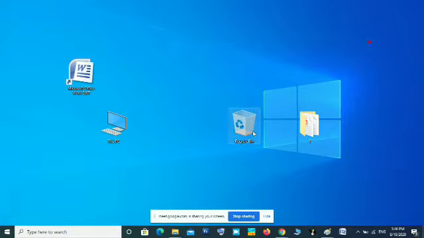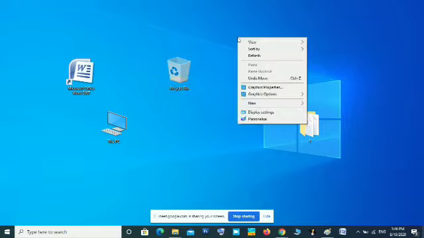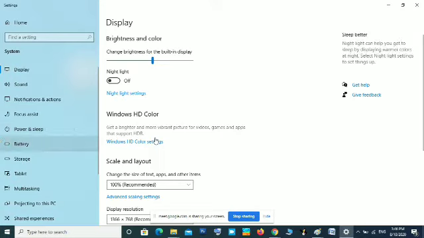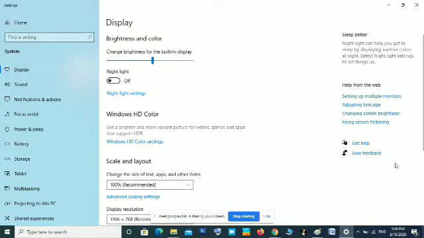The recycle bin you cannot delete from here. You can hide it because it is a system folder. Okay, you can hide it in the properties. You can display or hide that icon. This is Windows 10. But in Windows 7, when you right click, it is shown right there. In Windows 10, it is in the theme option, in the display.